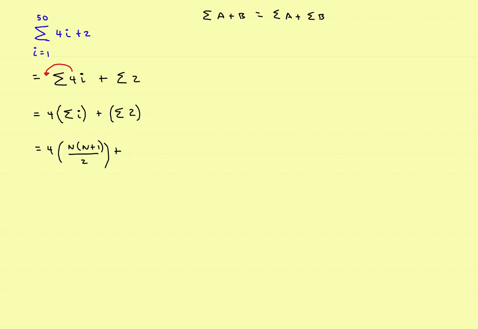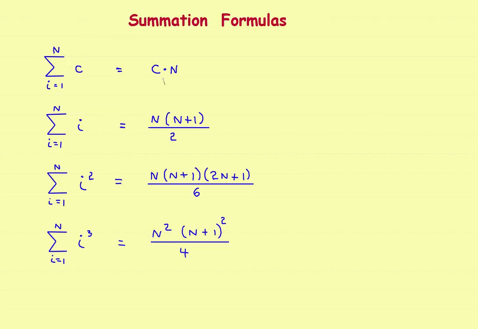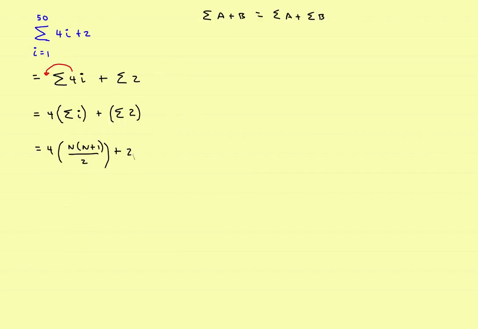Plus, now the summation of a constant. The summation of a constant is just the constant times N. So this will turn into 2 times N. Now in our problem, N is the top number up here. You're going to go from I equals 1 to N, so N is equal to 50. So everywhere you've got an N, go ahead and plug in a 50. So this will be 4 times 50 times 50 plus 1 divided by 2